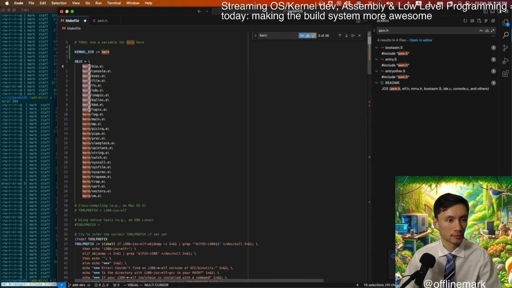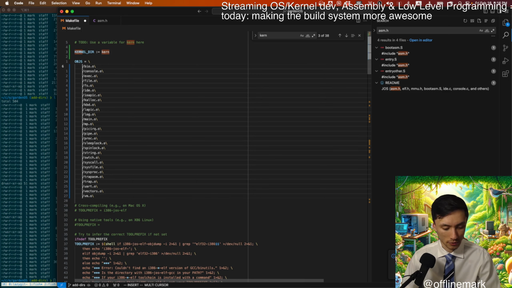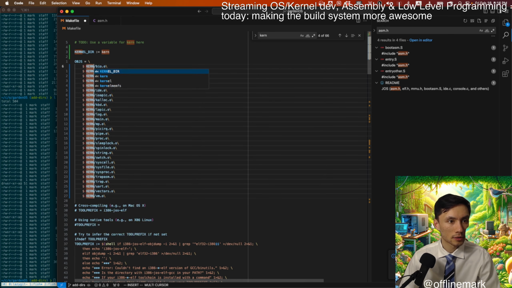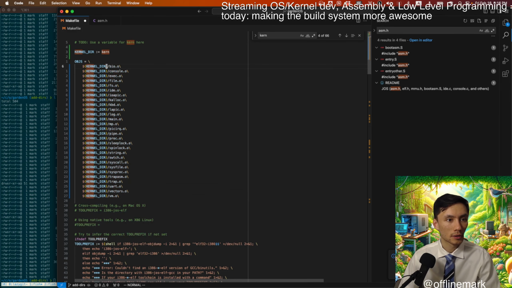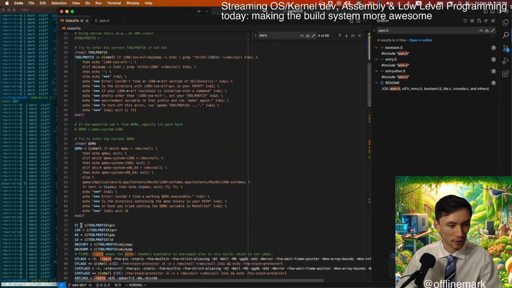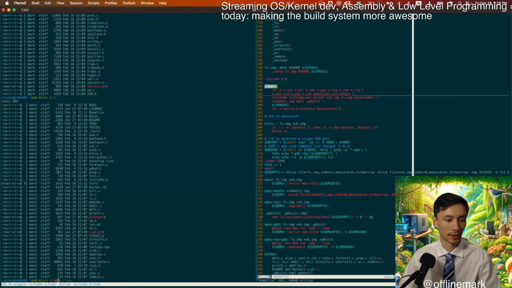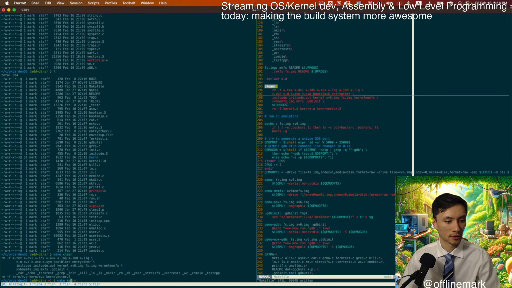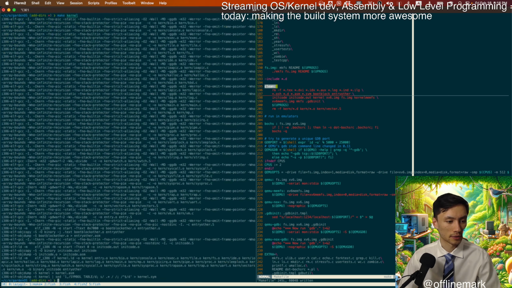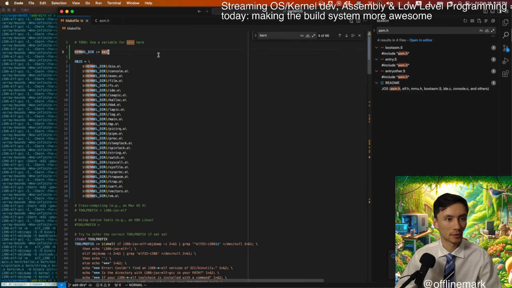All right. Is that how you do variables? Yeah, I think so. It's just been such a long time since I've done plain make kernel. That seems to work.